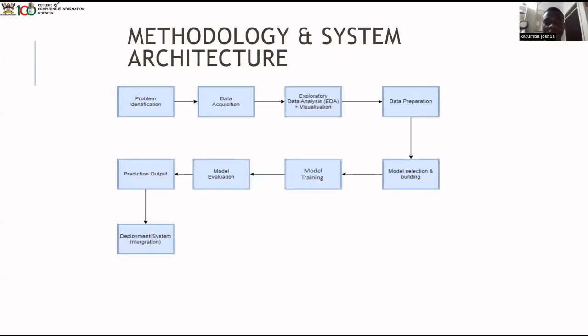Now for methodologies and system architecture, we began with problem identification, then acquiring of data. And as you can see, we used data from Kaggle, then exploratory data analysis, which involved visualizations and getting a better understanding of the data we're dealing with. Then data preparation, model selection and building, model training, model evaluation, prediction output, and deployment by integrating it via the